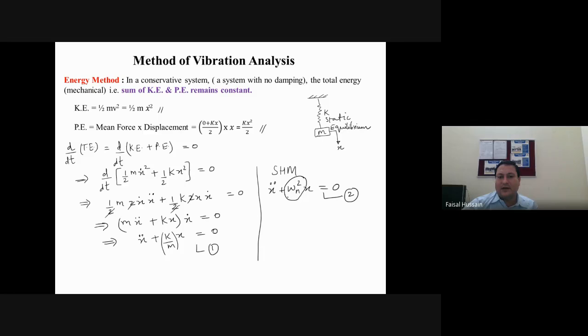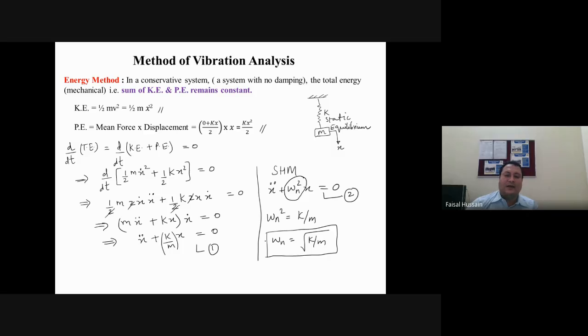If I compare the coefficient of displacement from equations 1 and 2, I can write omega n square equal to k by m. So omega n will be under root k by m. This is the expression for natural frequency